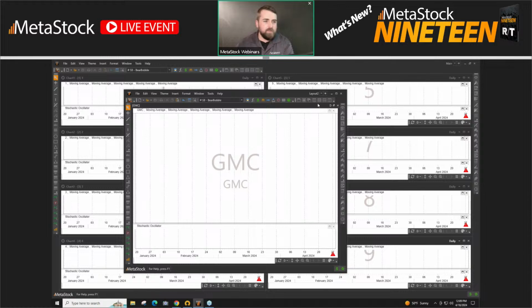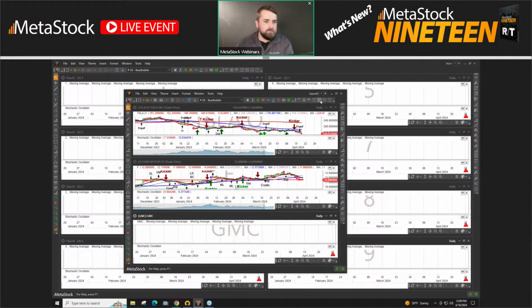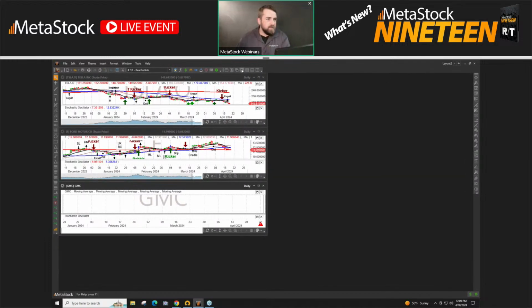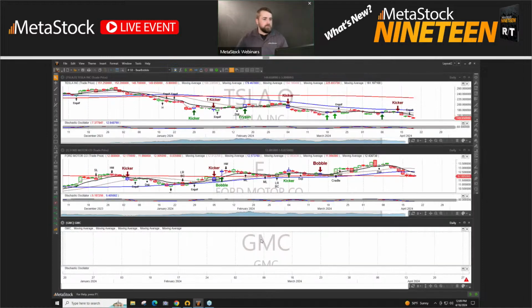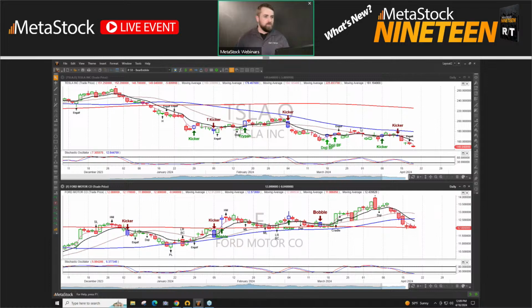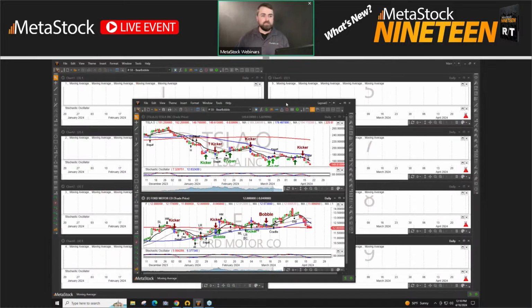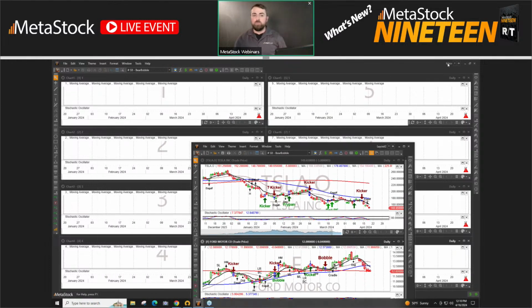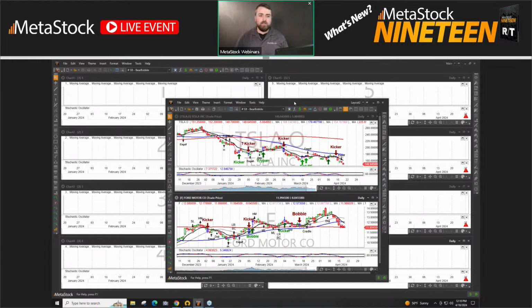And now maybe I want to have this view a little bit different. Let's go ahead and full size this, and let's just auto tile them here. Oh, and I forgot to put the ending on GMC, I typed in that symbol wrong. We'll go ahead and just close that one. So now what I have here is a whole new instance of MetaStock. You can see if I move this down, I still have my original main window as it's called, and here I have layout 2.